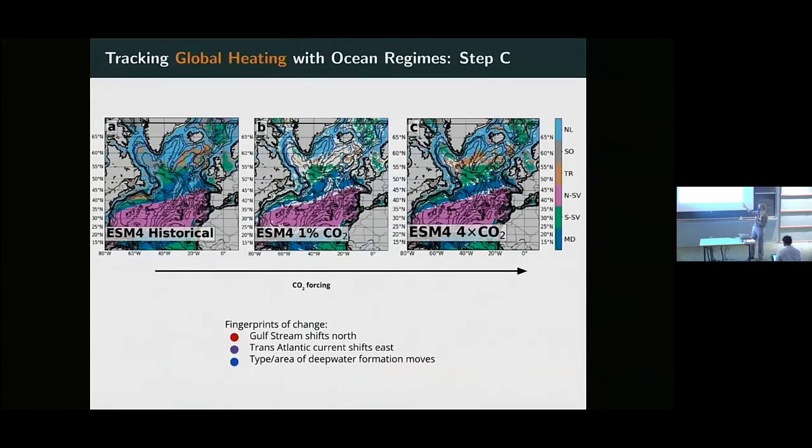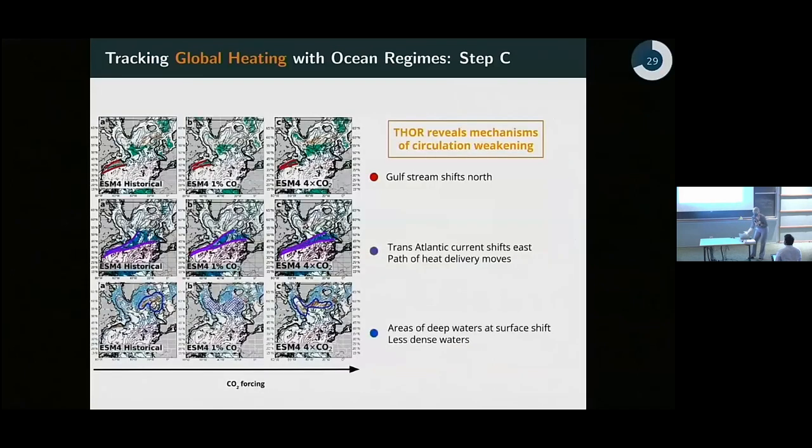And applying Thor to ESM, now taking these 3 fields and feeding them through this algorithm, I can look for these signs, and indeed this is what I see. So for ESM, for example, we can see that the Gulf Stream indeed shifts north. I just drew these lines to help your eyes. And the heat transport across the North Atlantic indeed doesn't reach as far north. And the areas of deep water formation here shift. They shift to a different area. So in that sense, I can see all these 3 fingerprints, which, you know, is much better than just having